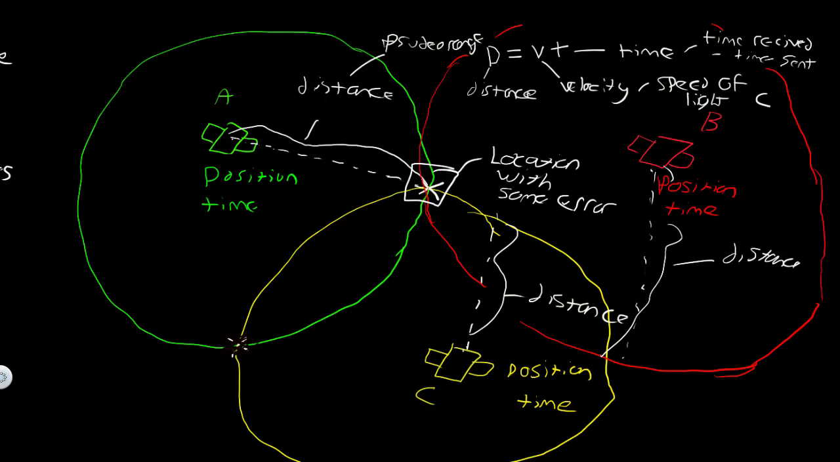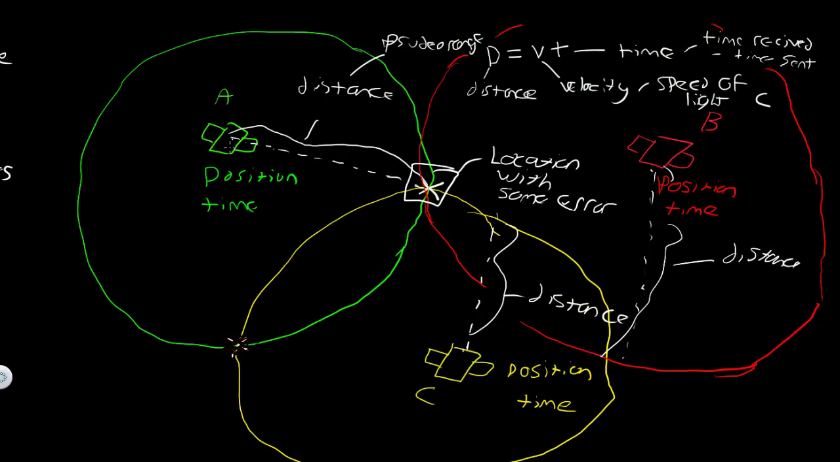Hello everyone, welcome back to another GIS lecture video. In today's lecture video I want to talk about error in GPS. More specifically, talking about why this position that we find with trilateration is never perfect. And what I want to do is start off from where we left off last time with this idea of